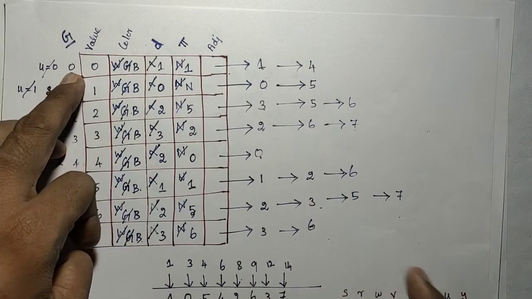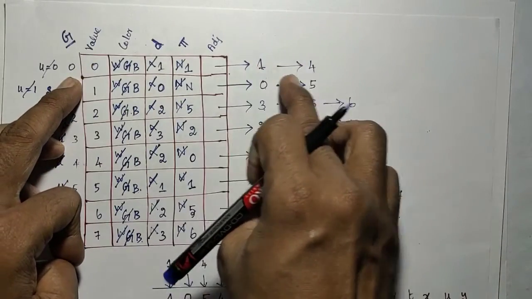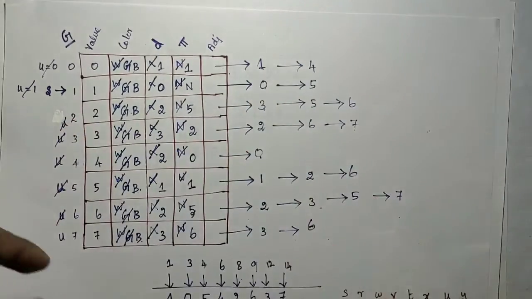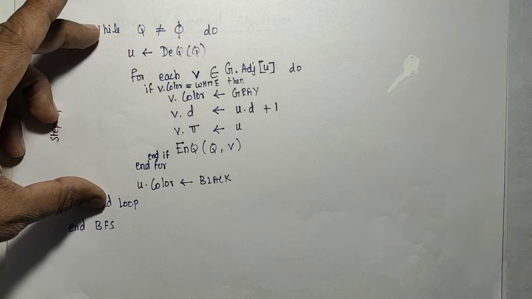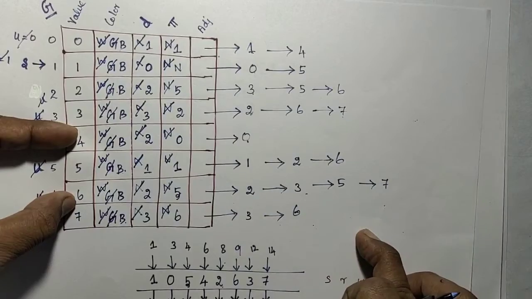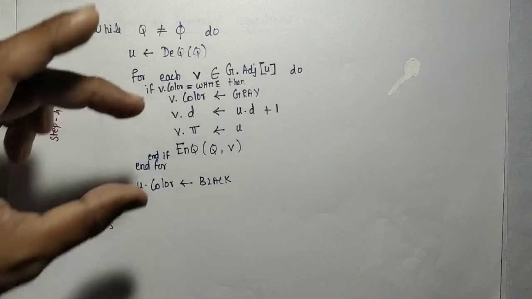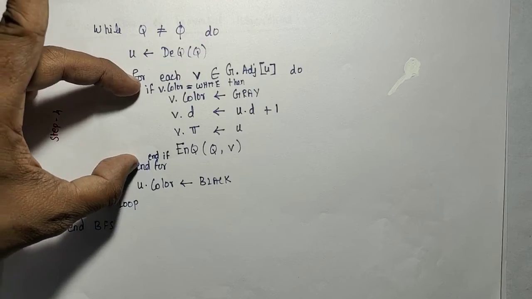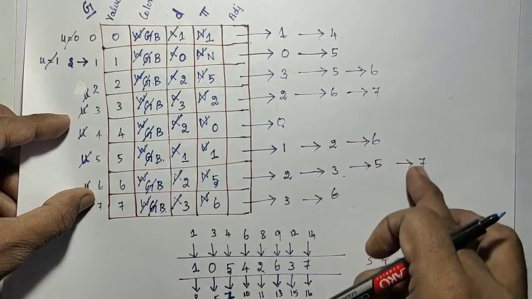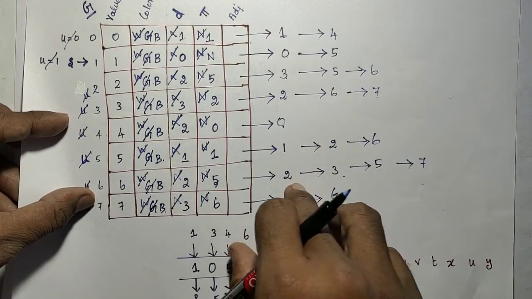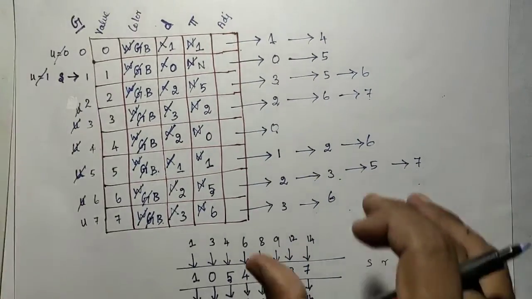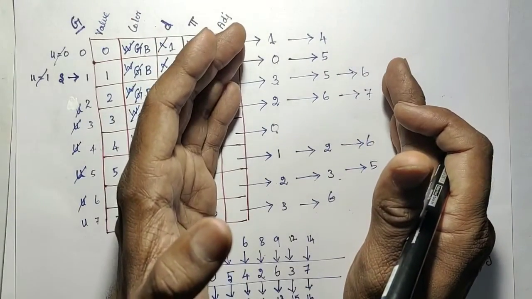Okay, in the first iteration of the while loop, we are accessing these elements 1 and 4. In the second iteration, we are accessing these elements. Third iteration, and so on. At the end of all the iterations in that while loop, all these elements get accessed. So the number of for loop iterations is equivalent to the number of elements in that adjacency list. The total adjacency list size is equivalent to 2 into E.